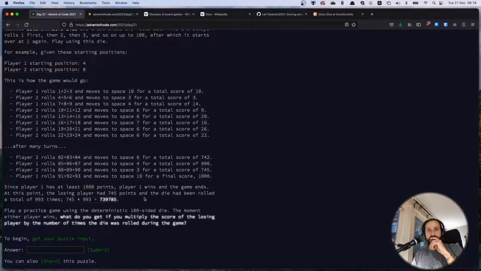At this point, the losing player had 745 points, and the die had been rolled a total of 993 times. All right. So what is the question here? When playing the practice game using the deterministic die, the moment either player wins, what you get if you multiply the score of the losing player by the number of times the die was rolled during